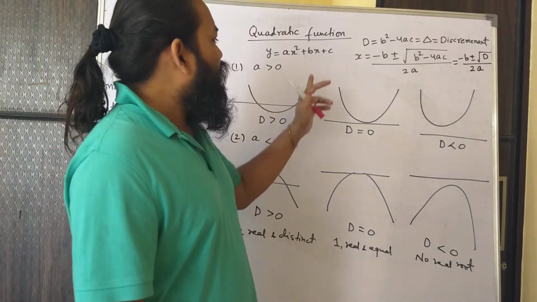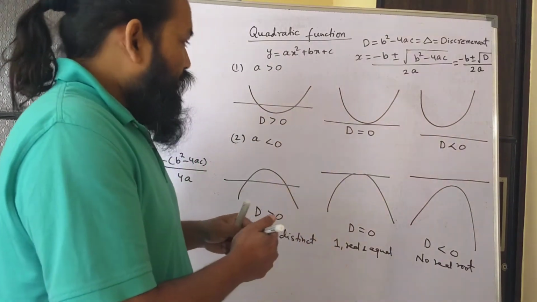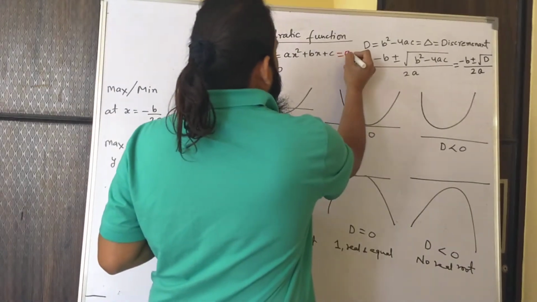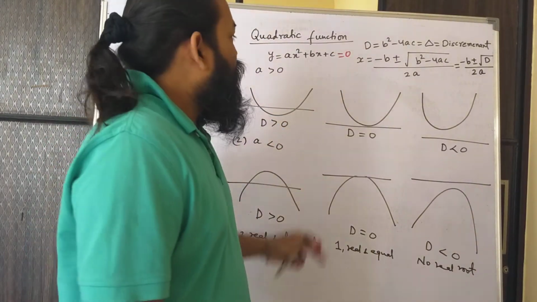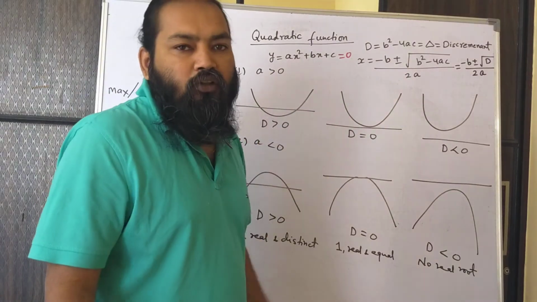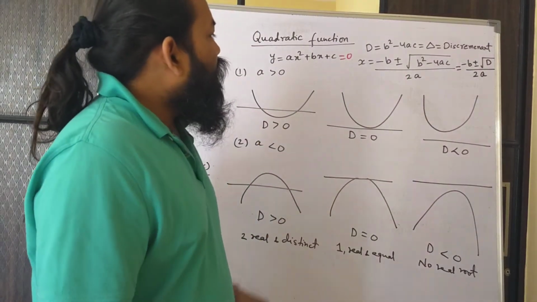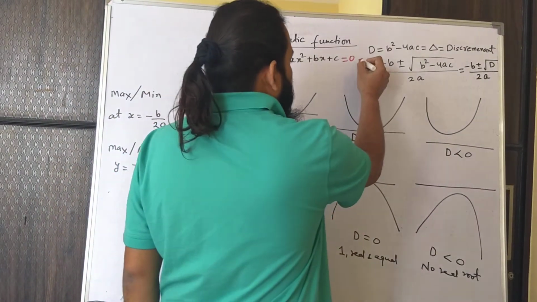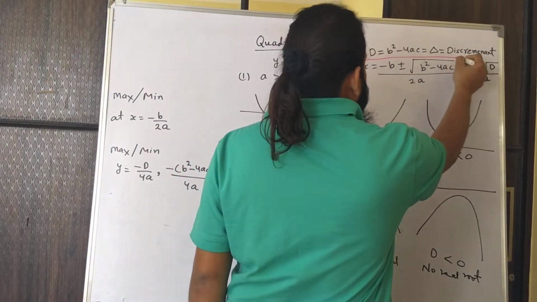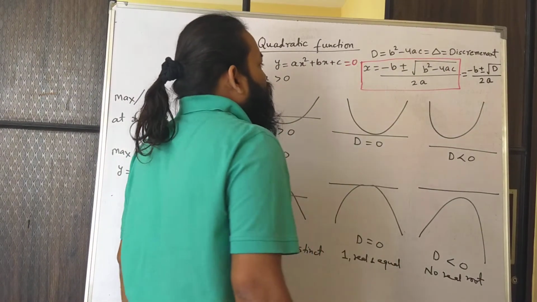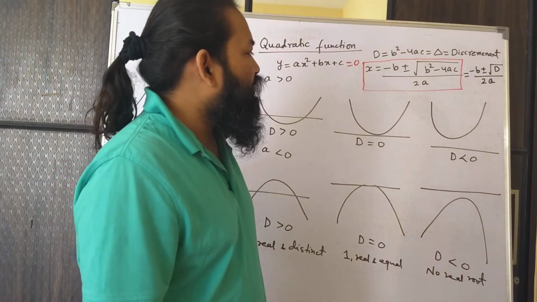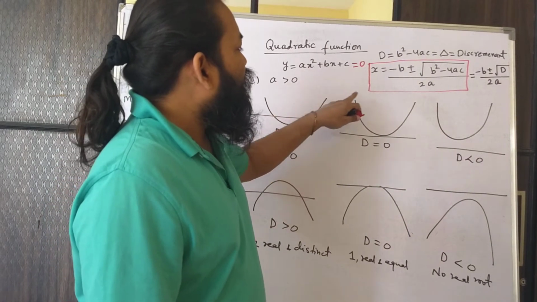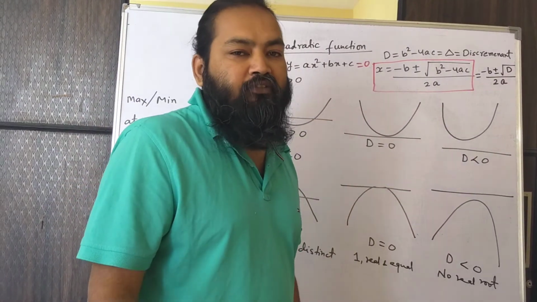Now you would be aware, if I equate it to 0, then it becomes a quadratic equation. Before equating it, it was a quadratic function or a quadratic expression, right? And you would be aware of this formula, which is called Sridhar Acharya's formula for finding the values of x. So x is equal to minus b plus minus under root b square minus 4ac by 2a. Simply, if you get any equation, you can take the values of a, b, c, put them in there and get the answer. There will be two values of x.